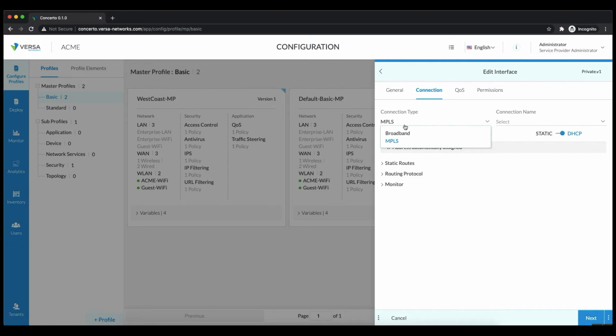There are two types of connections. Is it broadband or MPLS? And the connection name is, you can choose one of these that are actually created on the Director, which is going to be a circuit or connection name. Okay. And then you choose the static IP address for this. You'd say like my MPLS address,